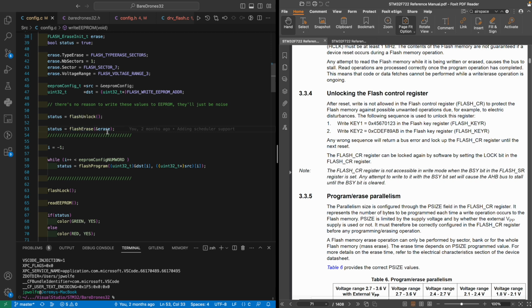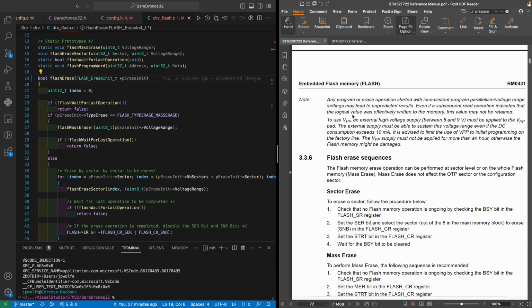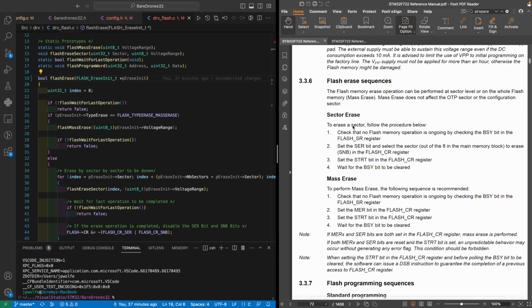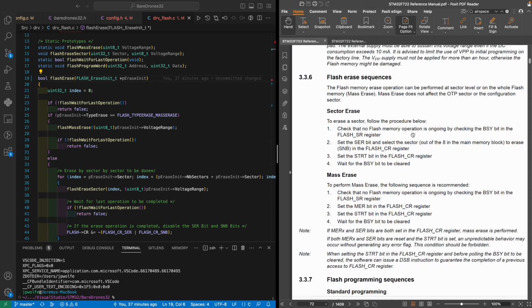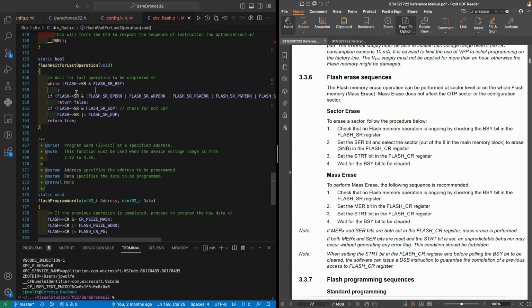So, flash erase. The first thing we have to do, to erase a sector, is check that no ongoing operation is going on. We have this function called flash wait for last operation, which basically waits for the busy flag to be not set, so it's no longer busy. And then there are all these other things that clear flags and ensure that no other weird error stuff happened. So it goes through that, and then once it returns true, we can pop out to